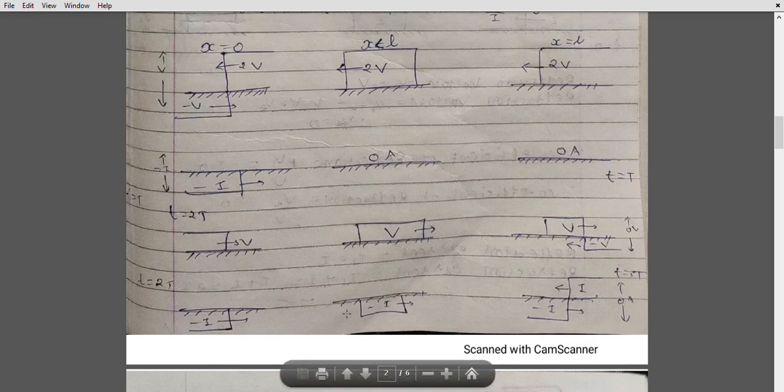So it is minus I, in that case the reflecting current, which is in the backward direction, the backward traveling wave, the sign will be plus I. So if it is positive, then in that case the voltage will be negative, minus V. So now it is plus V minus V, it is 0, and the direction will be backward traveling. Here it is minus I plus I, and the direction again will be backward.